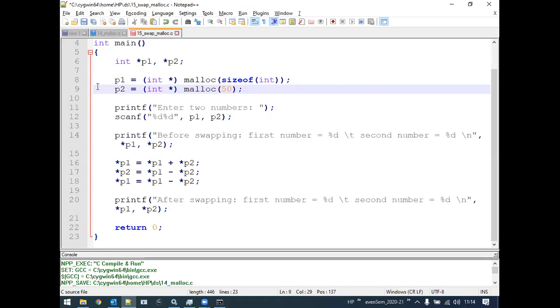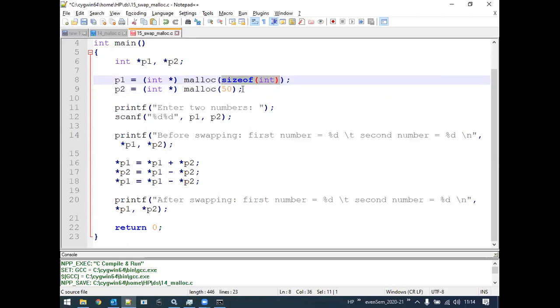Okay, the two problems with malloc are, first, it allocates only a single block of memory. Here pay attention, single block does not mean only one byte. It means a block of a set of memories. Like when I specify here 50, it is a single block of 50 bytes.